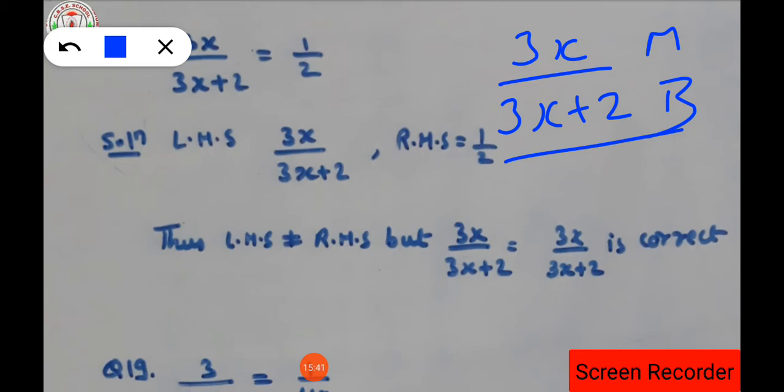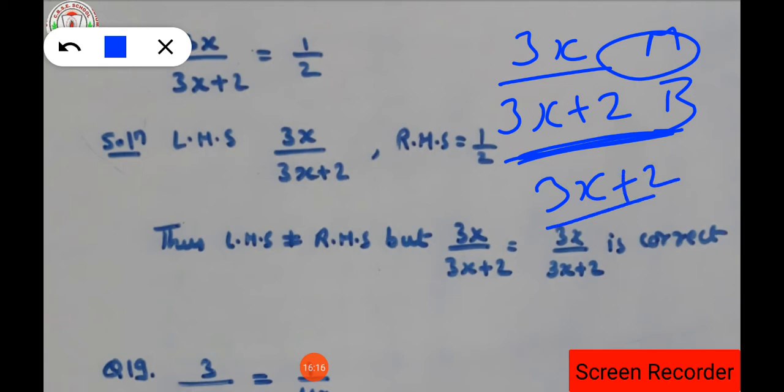That means if a monomial term is in the numerator and a binomial term is in the denominator, then we can't separate it, okay. But the opposite: if a binomial term is in the numerator and a monomial term is in the denominator, then we can separate it. So please students, keep it in mind that when the monomial term is in the numerator and a binomial term or trinomial term or polynomial term is in the denominator, we can't separate it. But it is just the opposite of the statement that when a binomial term is present in the numerator and in the denominator we are having a monomial term, we can separate it like this.